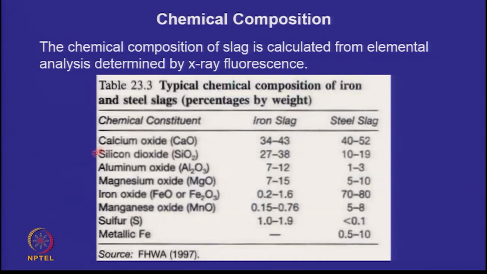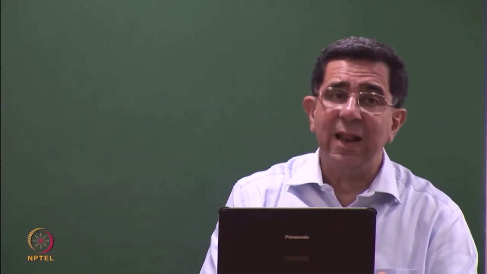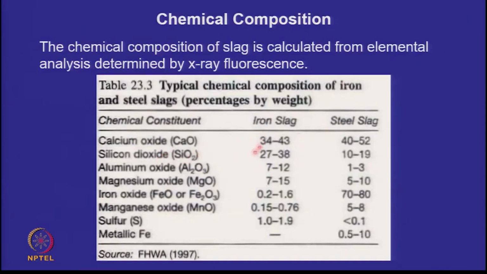If you look at the chemical composition, we'd like to know what slag is. Is it silica? Is it what? So you see, it's basically silica and calcium, but calcium is in large quantities. Why is that so? It may be an additive. In the processing of the ore, lime may be an additive for some purpose. So here you are getting calcium oxide, silicon dioxide, that's the main matrix, plus other materials. So you have iron slag, you have steel slag, and